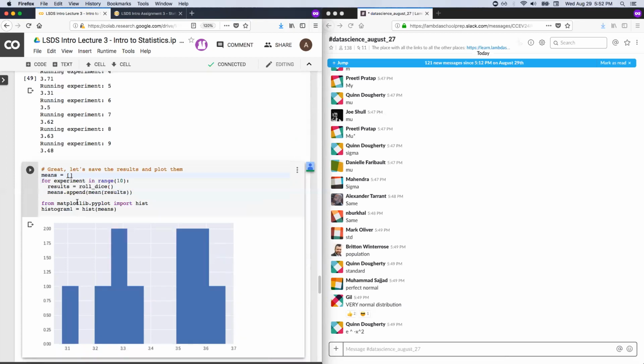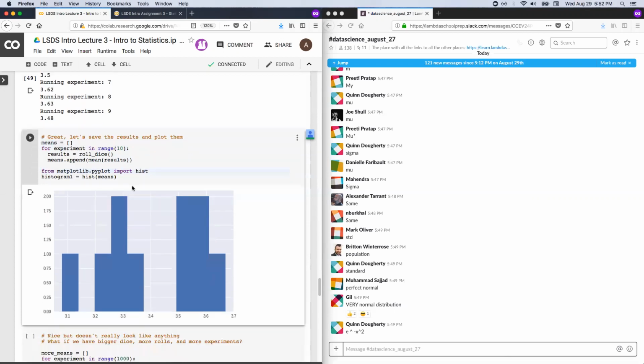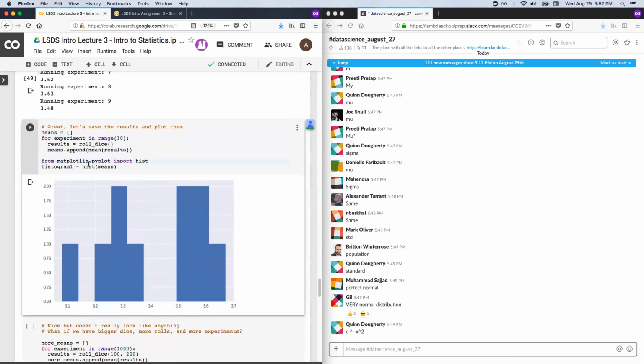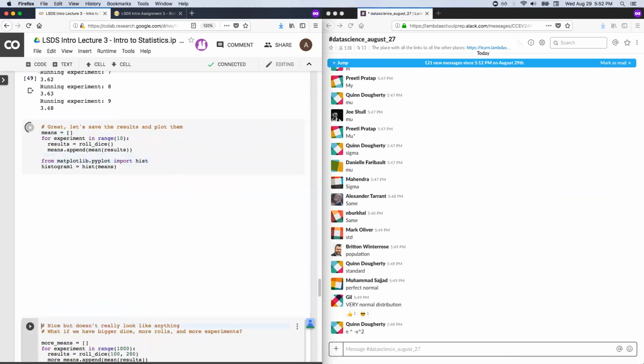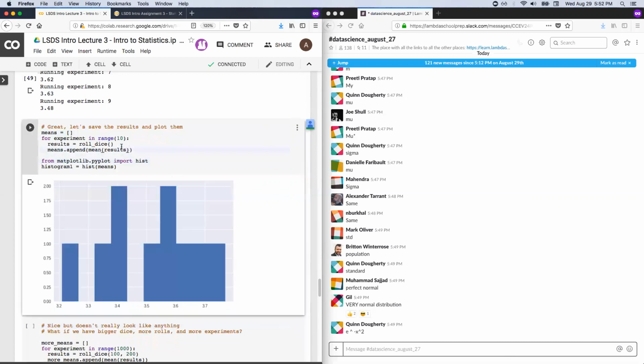And then at the end, we import a special sort of plot called a histogram. And this is another line that you might want to pay special attention to for the assignment. This is how we get to histograms from Matplotlib. And then we say, let's just look at a histogram of the means. The histogram shows us essentially the count of how many times we see whatever value we're seeing, and it gives you a picture of the distribution. What does this look like? This doesn't look that compelling. Let's run it again. It's kind of blocky.